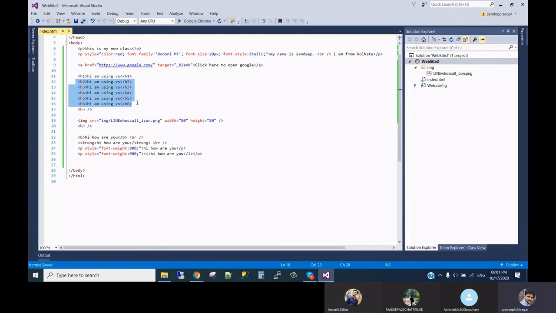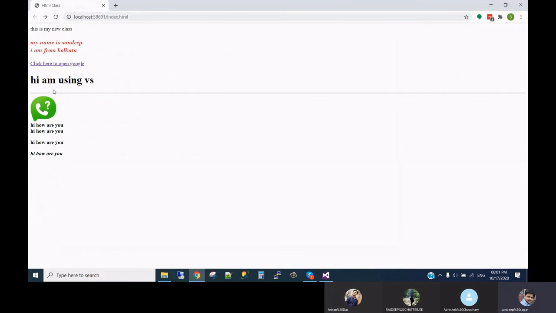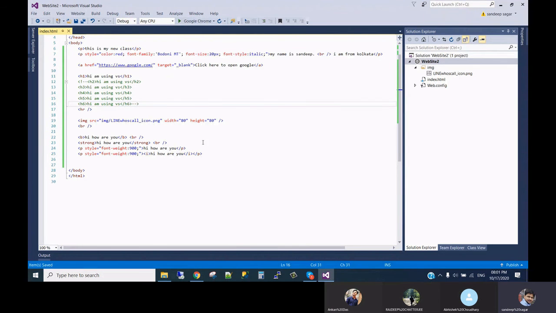For example, if I want to comment these two parts, we can press Control K C in Visual Studio, or we can use this tag: less than, exclamation symbol, 2 dashes, and at the end again 2 dashes, greater than symbol. So that line will be commented, and if you refresh the browser, that is gone.